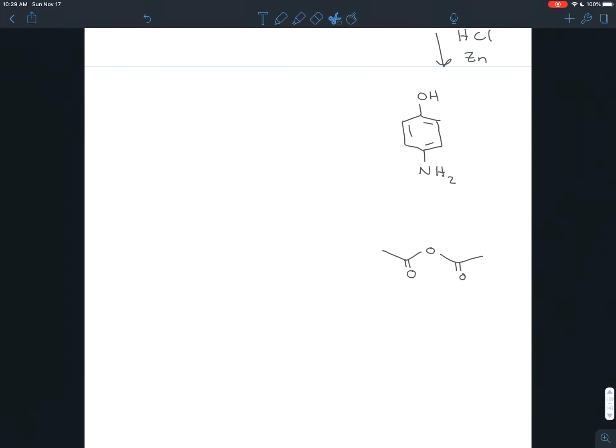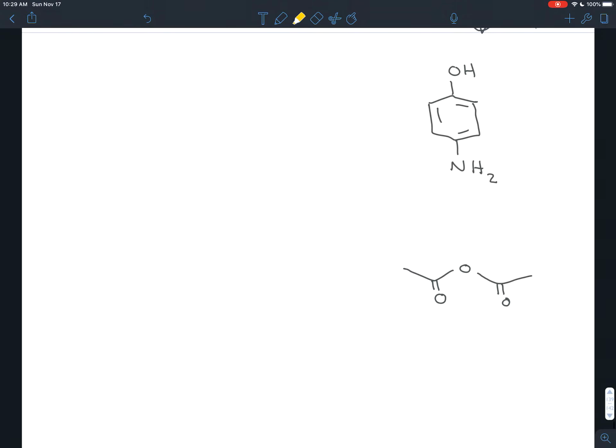And you may look at this and say, well, wait a second. I have two nucleophiles. Which one's going to attack the carbonyl carbon? And they both will try to attack. But the nitrogen is actually a better nucleophile than the oxygen is. If they're both neutral, this is if they have charges. If they're both neutral, the nitrogen is a better nucleophile than the oxygen, and that's because it's a slightly bigger